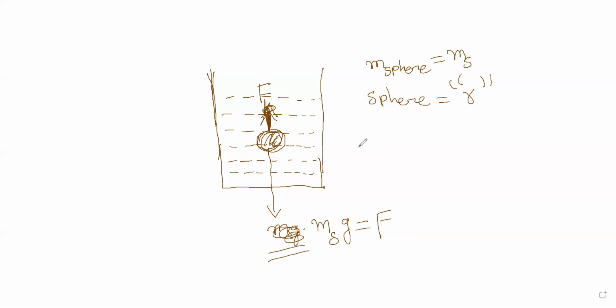Okay. So the net force for a ball which is inside the liquid is given by mg, that is the mass of the sphere times g, minus the buoyant force. See why I have written this one minus this: anyway the sphere will settle down, that means the dominating force is the gravitational force. So that's why I have taken this minus buoyant force. Anyway, that mass will settle down.